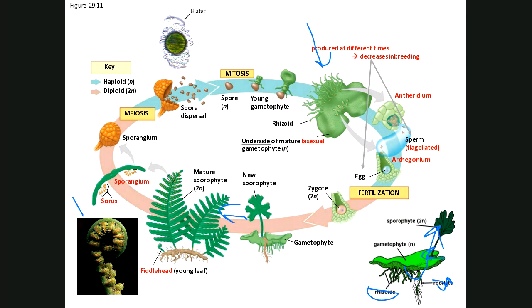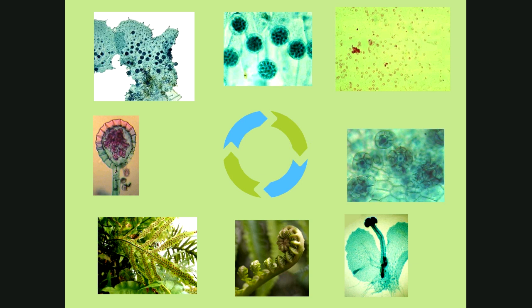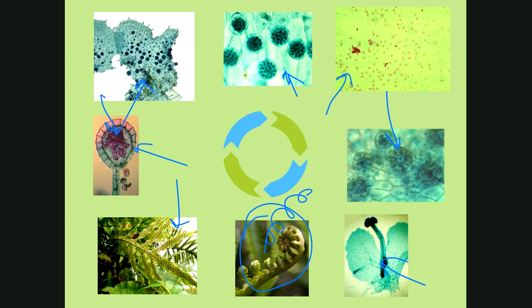What's this look like in real life? I found some pictures and put them together. So here's the antheridia. There's the sperm. Here's looking down the archegonia, looking down the vase, and there's an egg at the bottom. Out of that would grow the new sporophyte, which would first start off as a fiddlehead. It would continue to unroll, and then the leaves would unroll, and on the back of those are the sori, which are made of the sporangium, which produce lots of spores, which in turn produce the gametophyte.